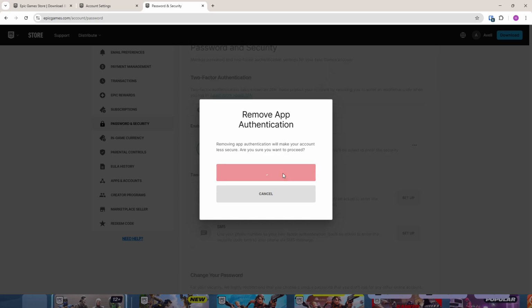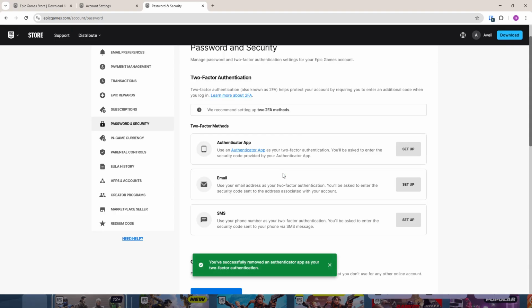And that's it. Just keep in mind, disabling 2FA removes extra security and might limit some